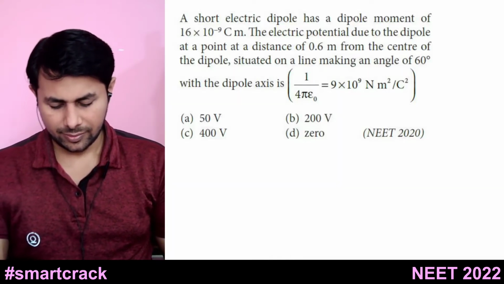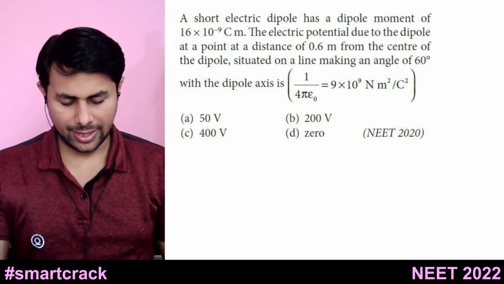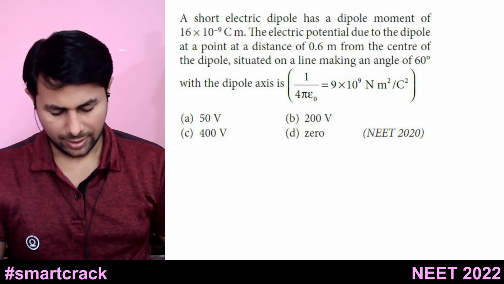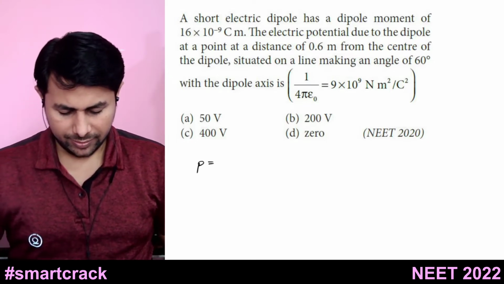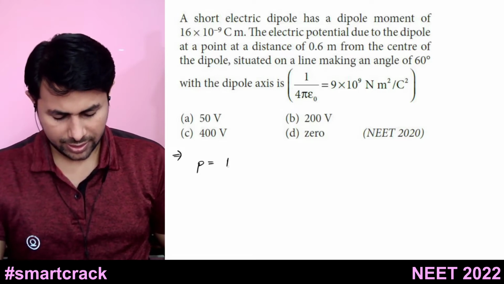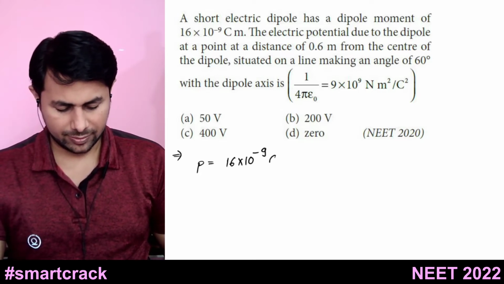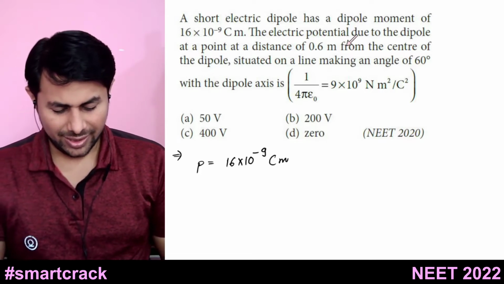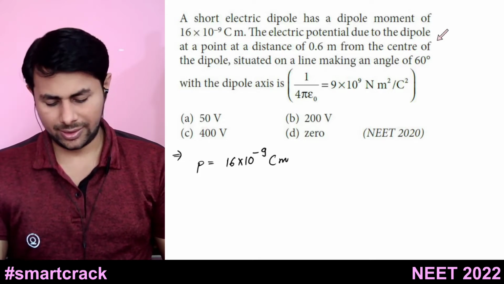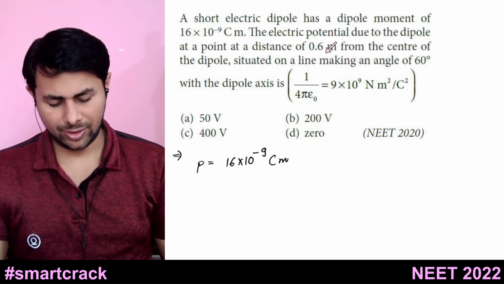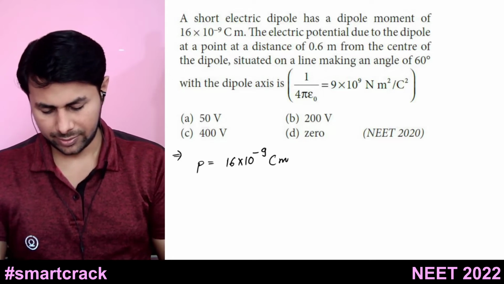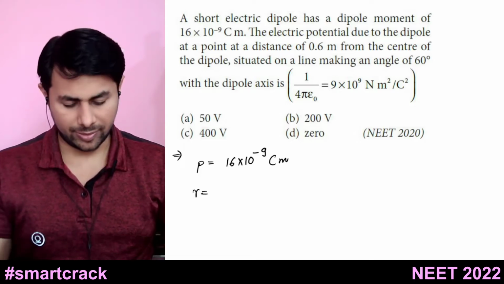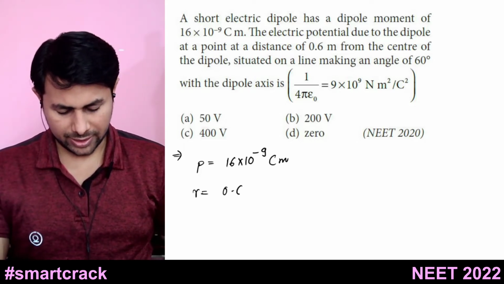The next question is, a short electric dipole has a dipole moment of 16 into 10 raised to minus 9 centimeters. Okay, so dipole moment P is given for a dipole. It is 16 multiplied by 10 raised to minus 9 coulomb meters, not centimeters. The electric potential due to the dipole at a point at distance of 0.6 from the center of the dipole. Okay, so R, the distance of that point from the center of the dipole, is 0.6 meters,